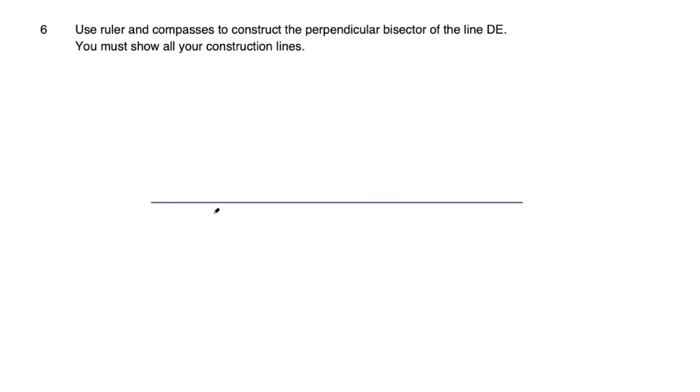So a bit of a reminder here, I don't have a compass on my screen here, but I can still demonstrate how you would do this. So draw two dots. Doesn't really matter where they are. Actually, it's probably easier if they're not too far apart. So something like that. Get your compass, set it to a certain length, and that length needs to be just a bit more than halfway between those 2 points. So wherever you draw the points, make the width of the compass just over halfway, and then draw a semicircle